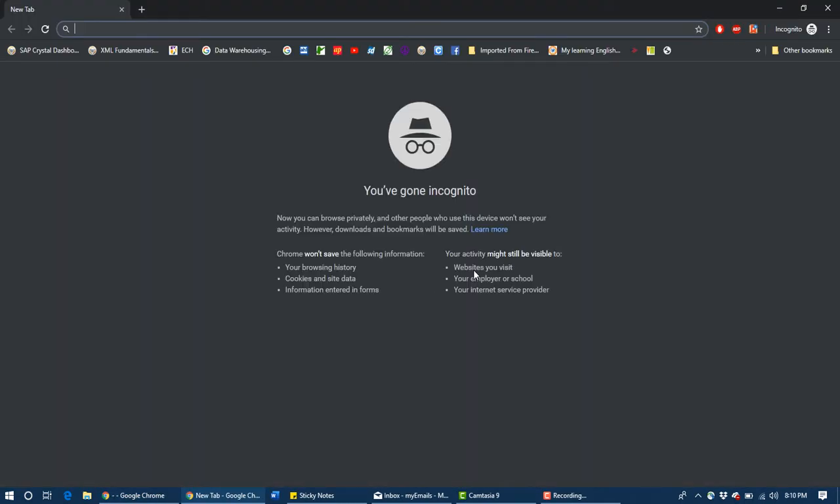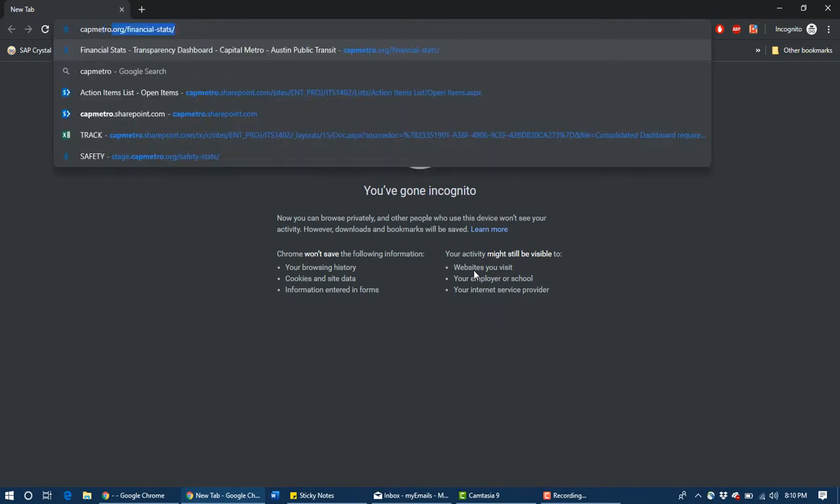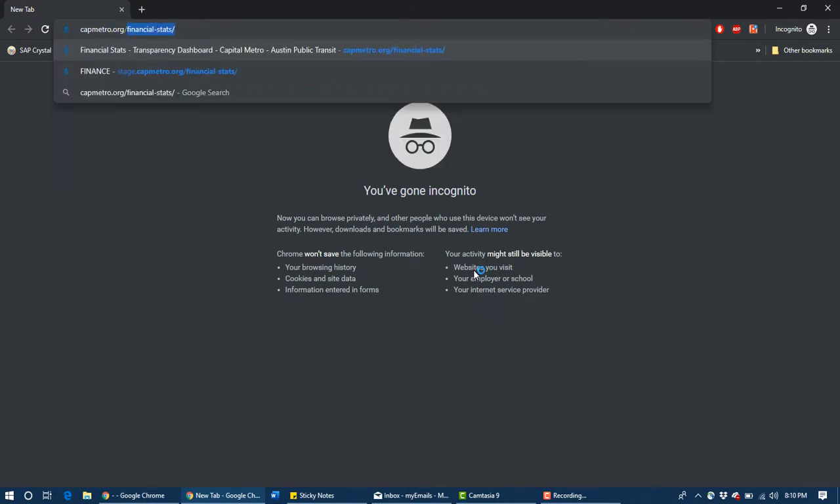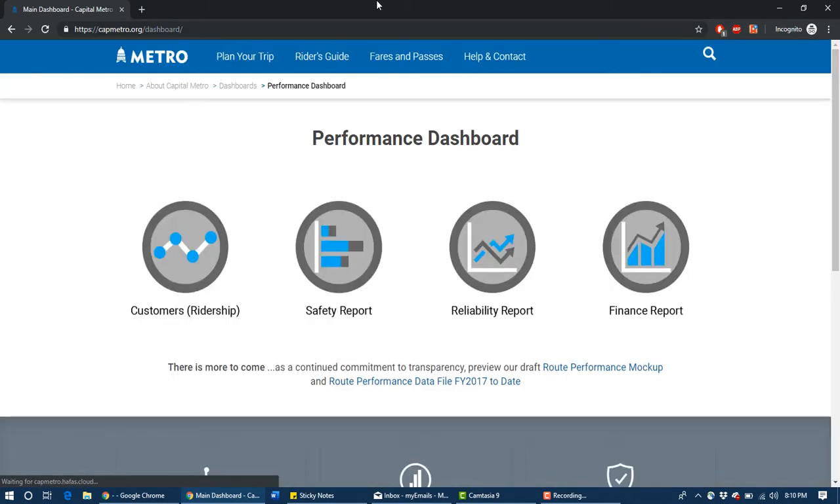So there is a client called Cap Metro, which is based out of Austin. Cap Metro was one of our clients, and we were given an opportunity to develop dashboards for them. We integrated Power BI dashboards into their site, and then we delivered this dashboard with a minimum amount of